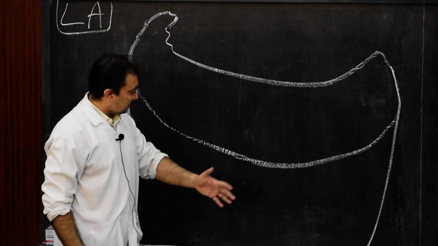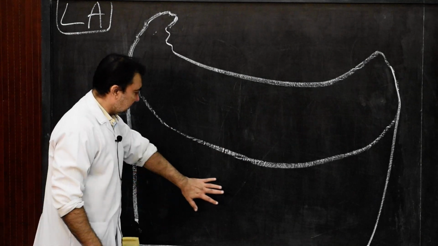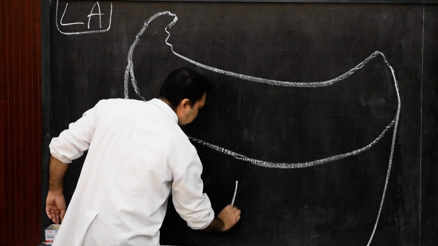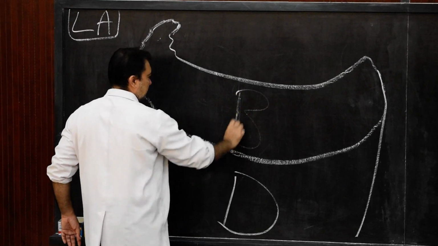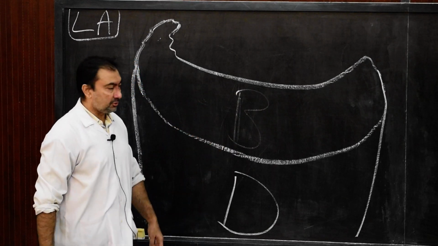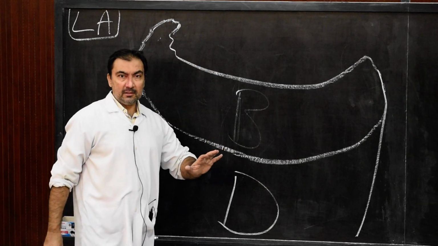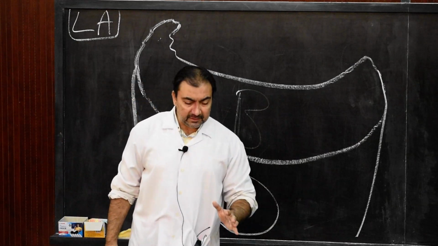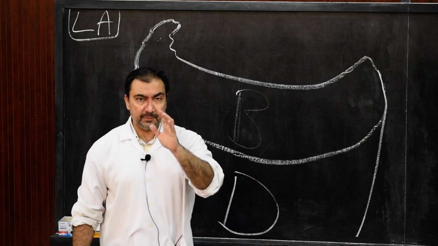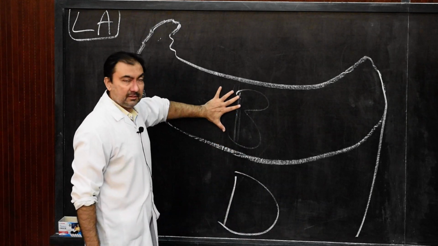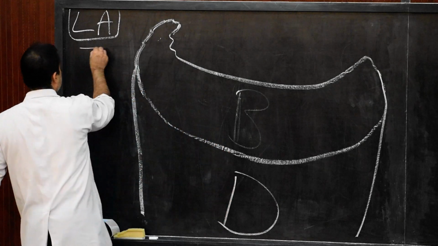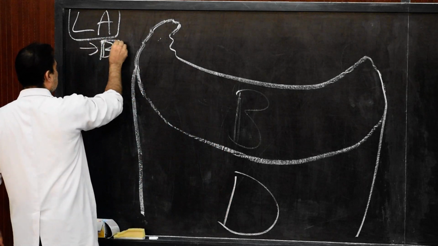So this is a sectional view from the posterior surface. So this will become the diaphragmatic surface. And here this will become the base of the heart. So therefore the left atrium, what are the features of the left atrium? Gross anatomical features of left atrium, the first point will be, it will form the base of the heart.